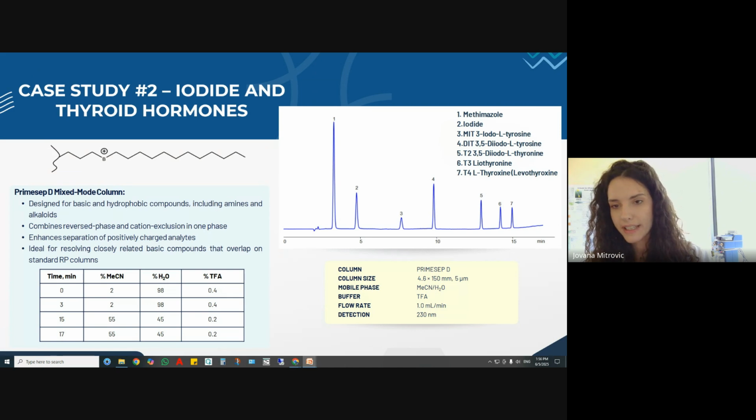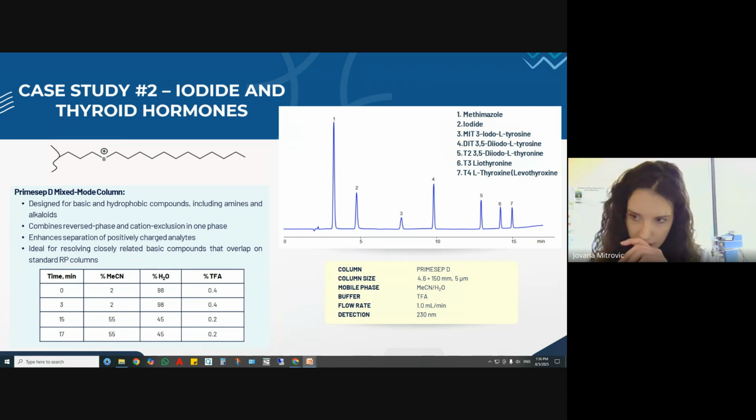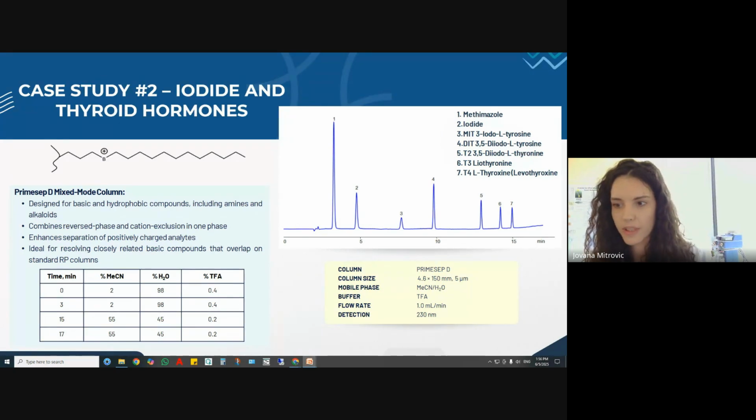Because TFA can interact, negative charge of the acid can interact with positive charge of the stationary phase. So it covers, let's say, these basic groups on the stationary phase. When we reduce TFA, we reduce this layer and we increase repulsion. And these interactions, such as cation exclusion, are just extra layer of selectivity, helping separate closely related compounds such as thyroid hormones. And looking at the chromatogram, you can see that each analyte appears as sharp, well-resolved peaks with excellent baseline separation. And what is important, this approach allows for effective retention and separation of iodide ion in the single